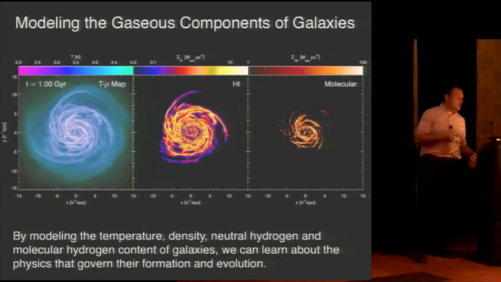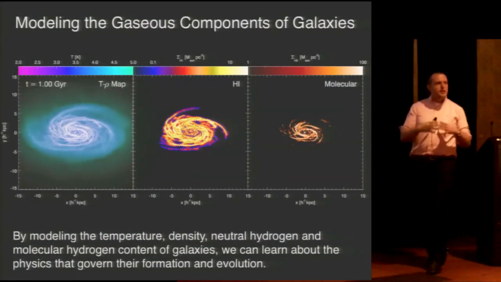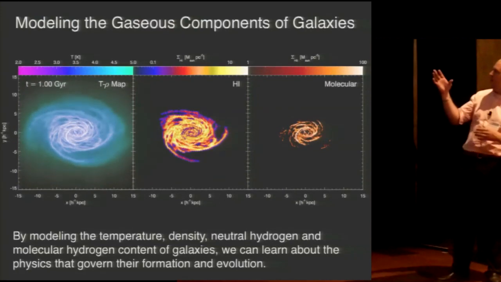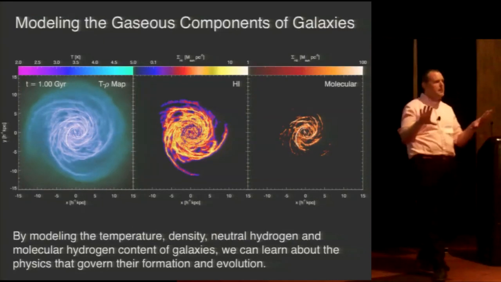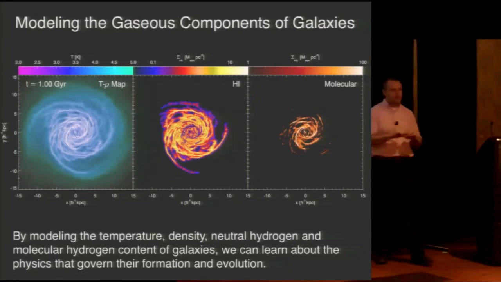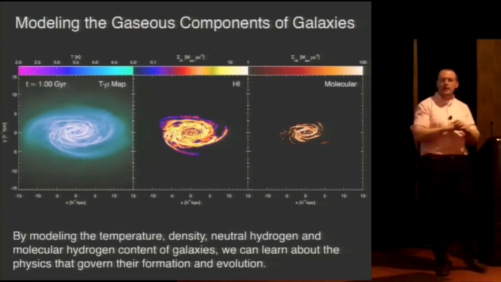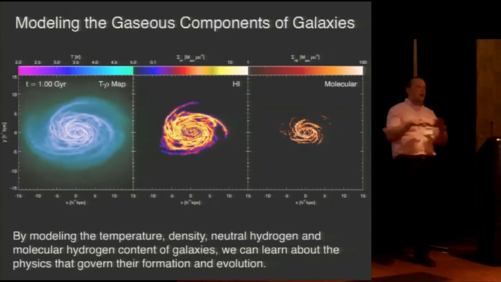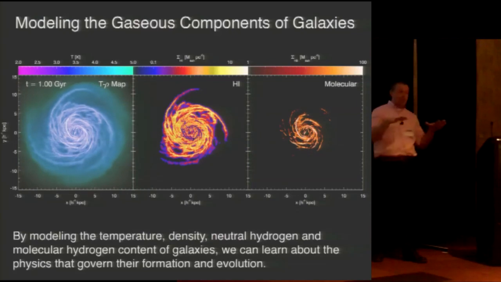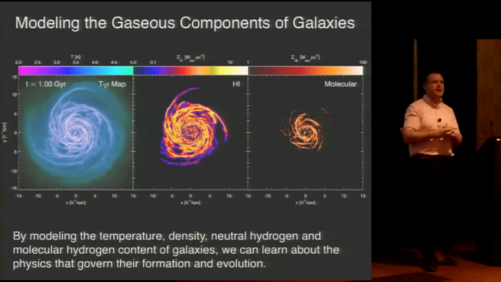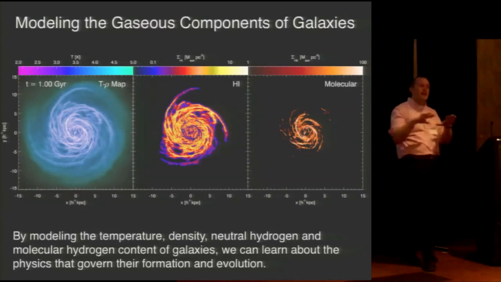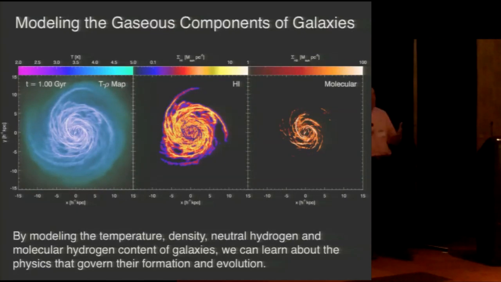Okay, and so we really can now model some of the really detailed physical processes within galaxies. So this is a similar simulation that I've done. The left shows a density temperature map. The gas is color-coded by temperature. The intensity is the density. The middle panel is what's called neutral hydrogen. This is just neutral hydrogen gas, atomic gas in the galaxy. That's most of the gas of the Milky Way disk. And then on the right, you see molecular gas. This is the dense gas that actually leads to star formation in the galaxy.